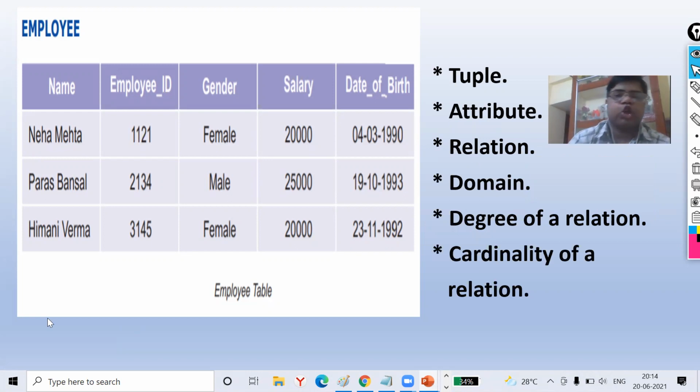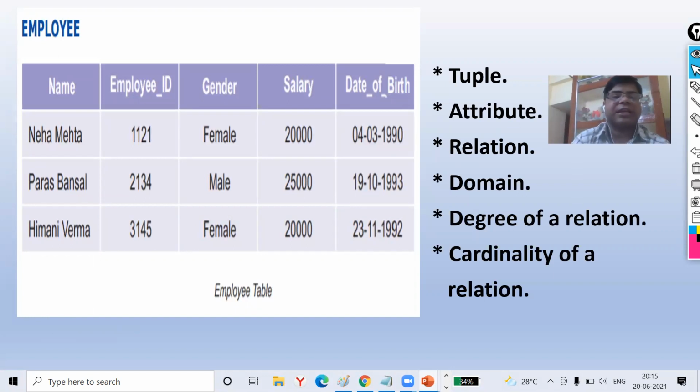Now, students, you all know database is used to organize a collection of data as a collection of relations where each relation corresponds to a table of values. Each row in the table corresponds to a unique instance of data, and each column name is used to interpret the meaning of that data in each row.